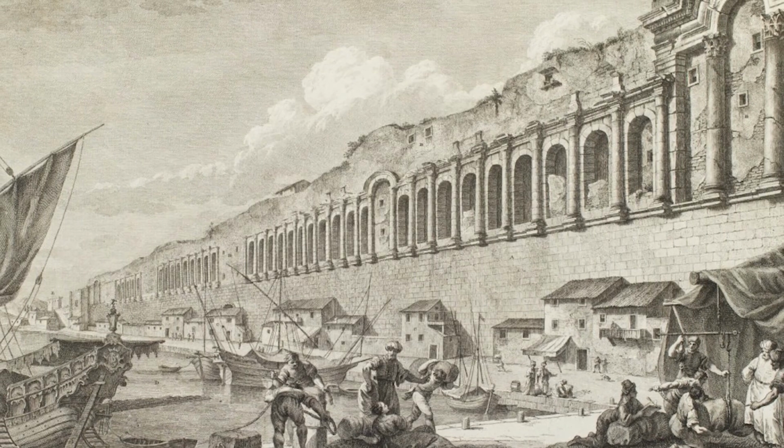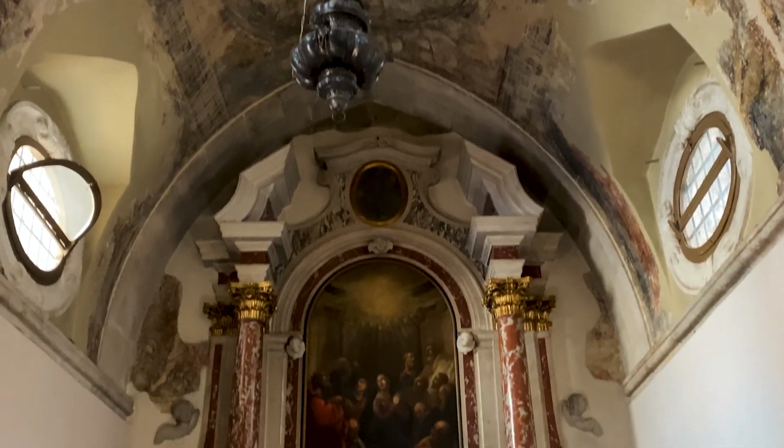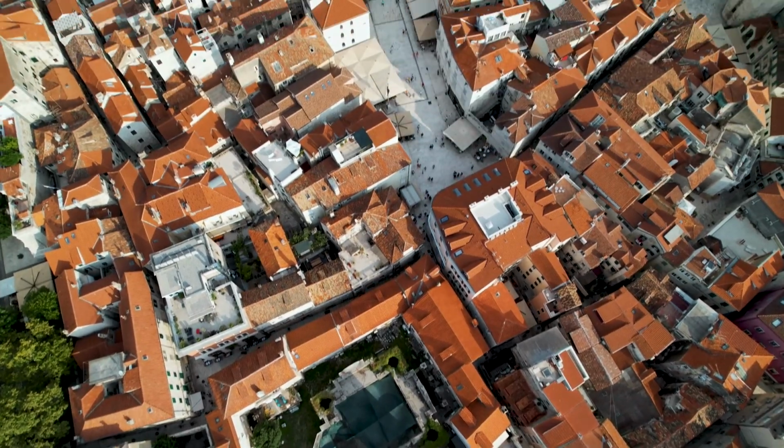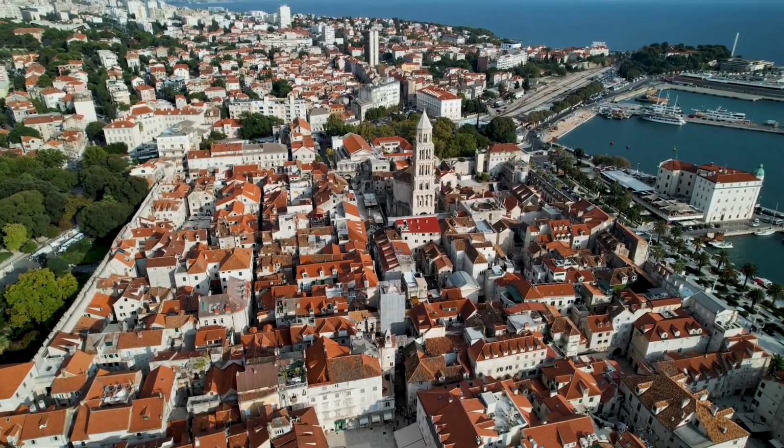Once Rome began to fall, natives in the area started building houses and businesses within the palace walls, both in the basement and in their area, erecting churches as time went on, and transformed this palace into a small little town or small little city. And like I said before, the palace was so large that technically Diocletian's Palace makes up half of the old town of Split. So when we say to go visit the palace, you're actually visiting a wide